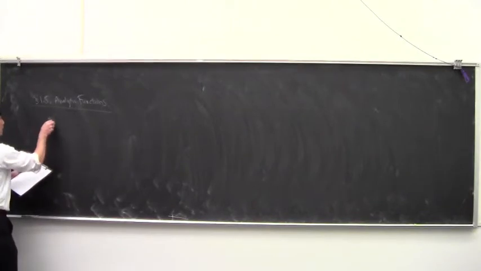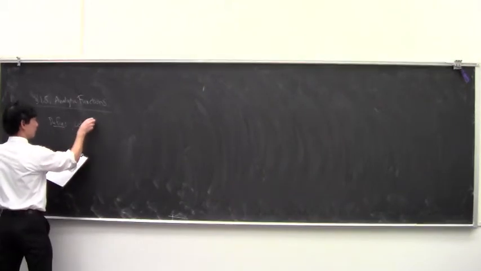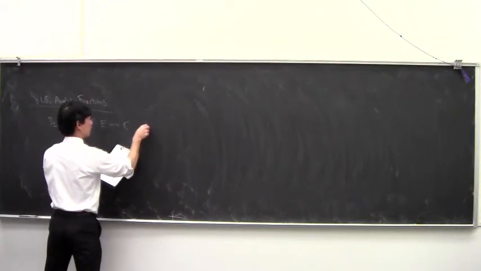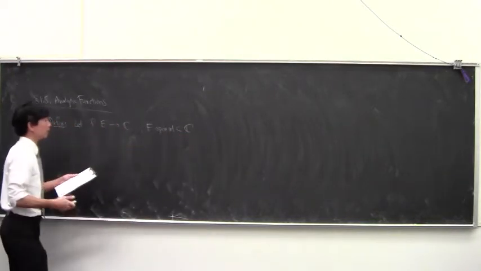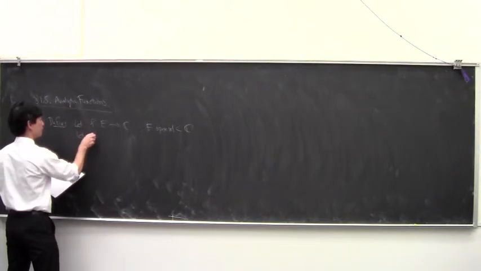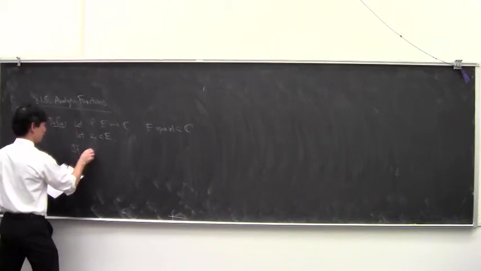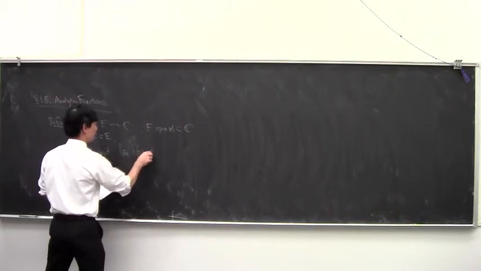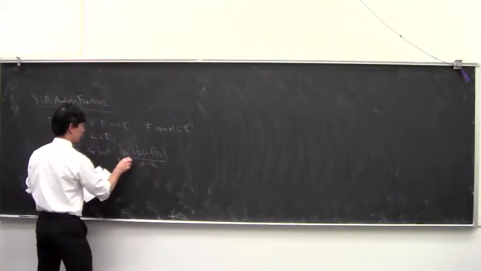So we're going to start off with a definition that is sort of deceptively familiar. Let E be an open set, let f be some function on E, and let z naught be in E. If the limit of f of z minus f of z naught over z minus z naught, as z goes to z naught, exists,